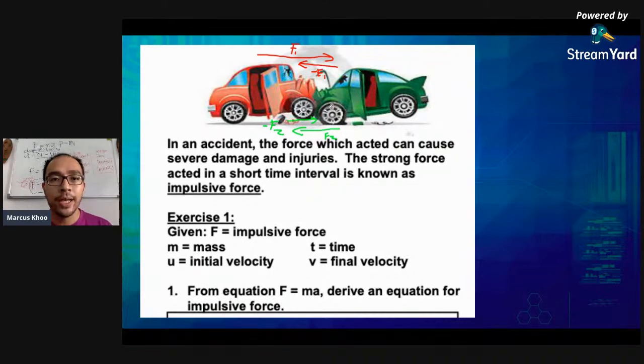Those usually do more damage to the car than if the car was being hit slowly, like by a very slow elephant. We find that the impact is much, much, much less than if he were to suddenly run into the tree, or sorry, the elephant.